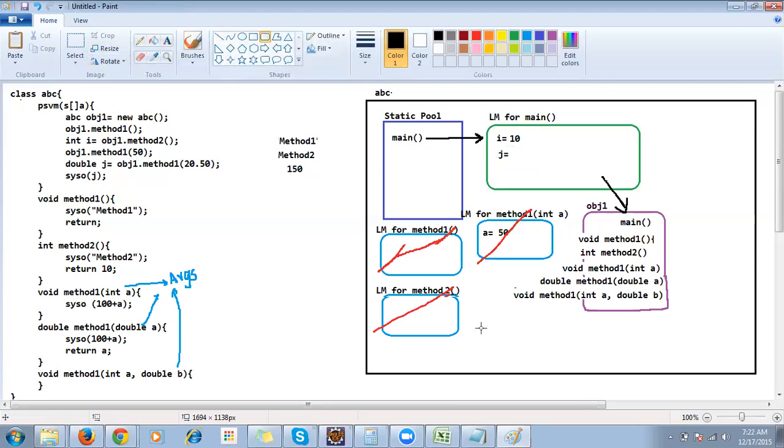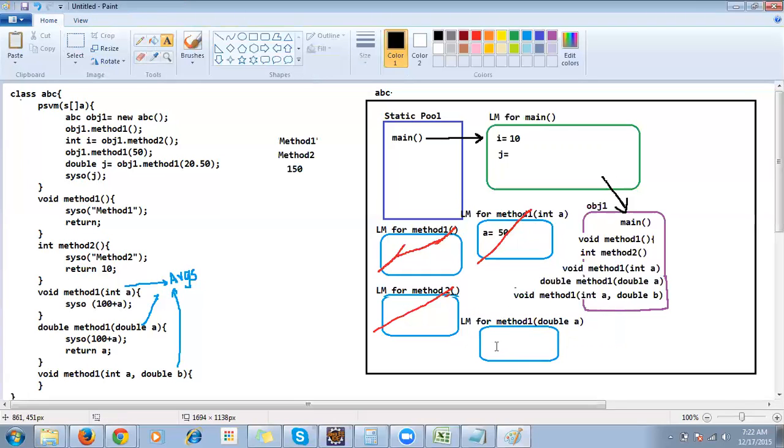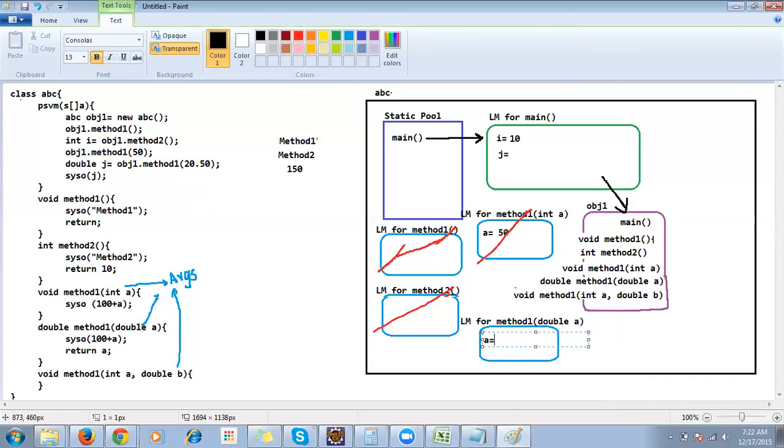So before that, it creates a local memory for method1, double a. That will be there. Okay, local memory for method1 double a. So now what will happen right now for me? So 20.50 is enough, so that one goes into the a variable. So the control comes over here, obj1.method1(20.50), creates a local variable a is equal to